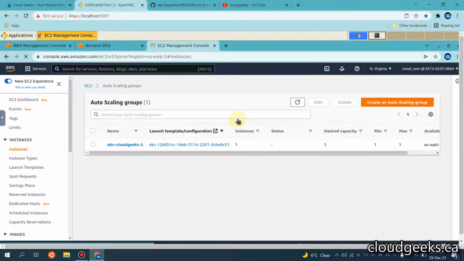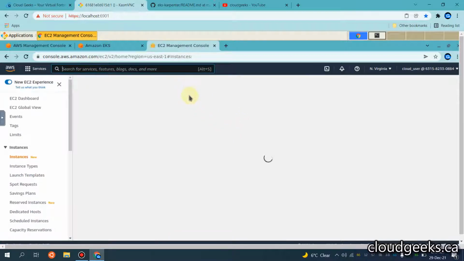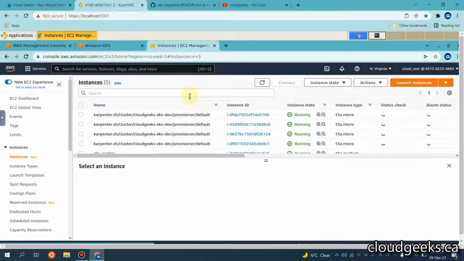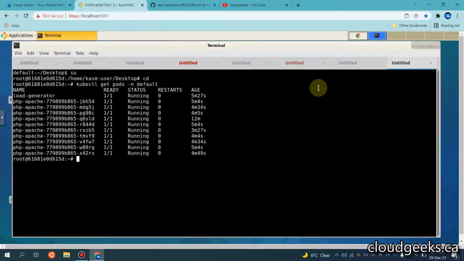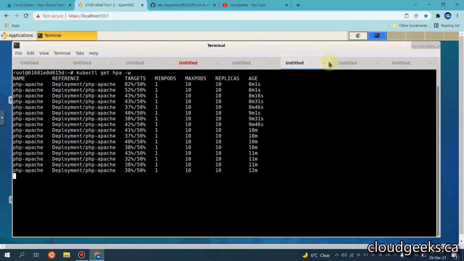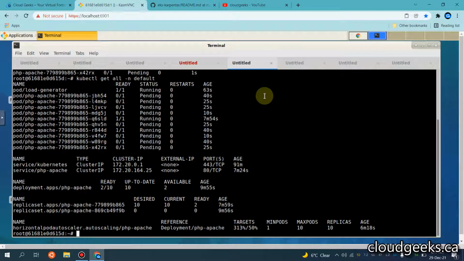EKS Karpenter does not use that, so it provisions nodes itself, choosing the right size and everything. I've already covered how it works, so I'm not going to cover EKS Karpenter in this video, but I just want to show you, through stress testing, what we have in our EKS Kubernetes, and everything is now, you see, we are able to see.